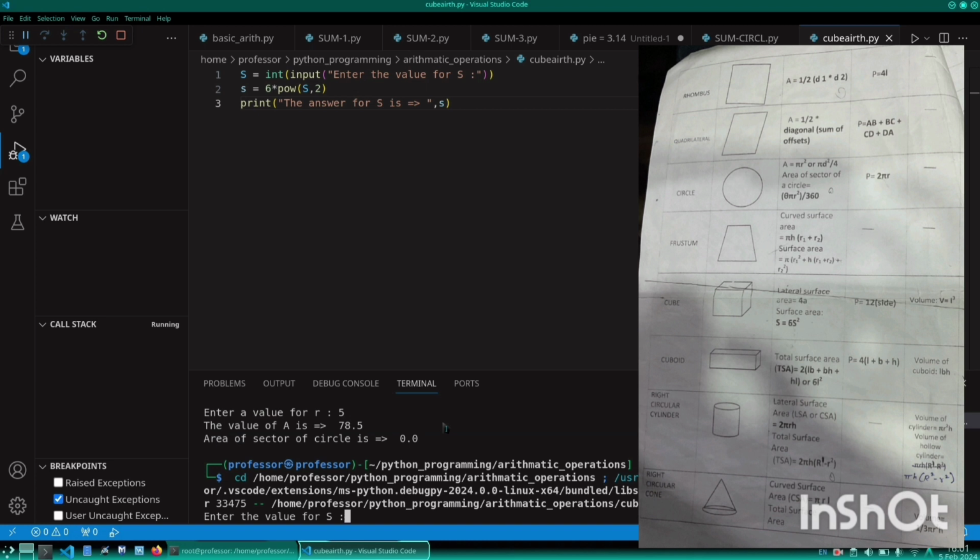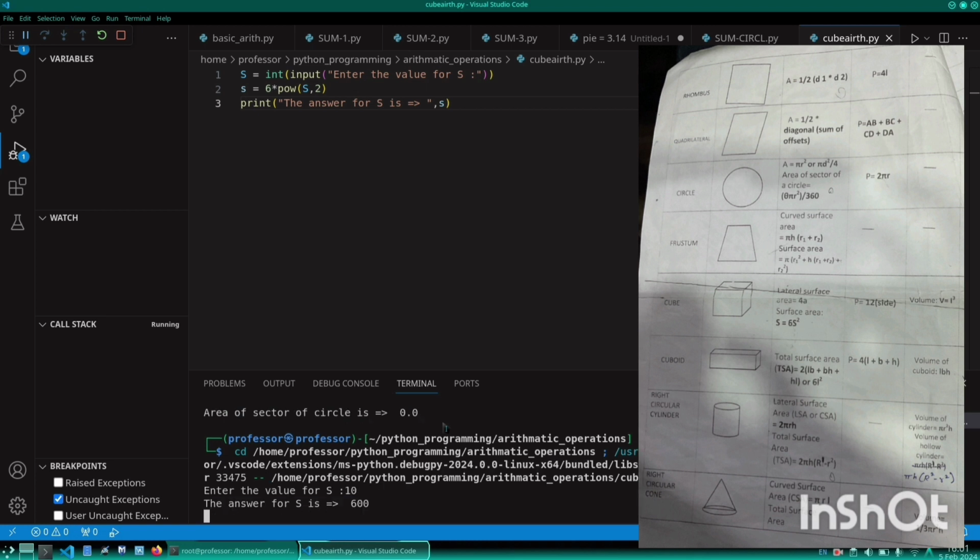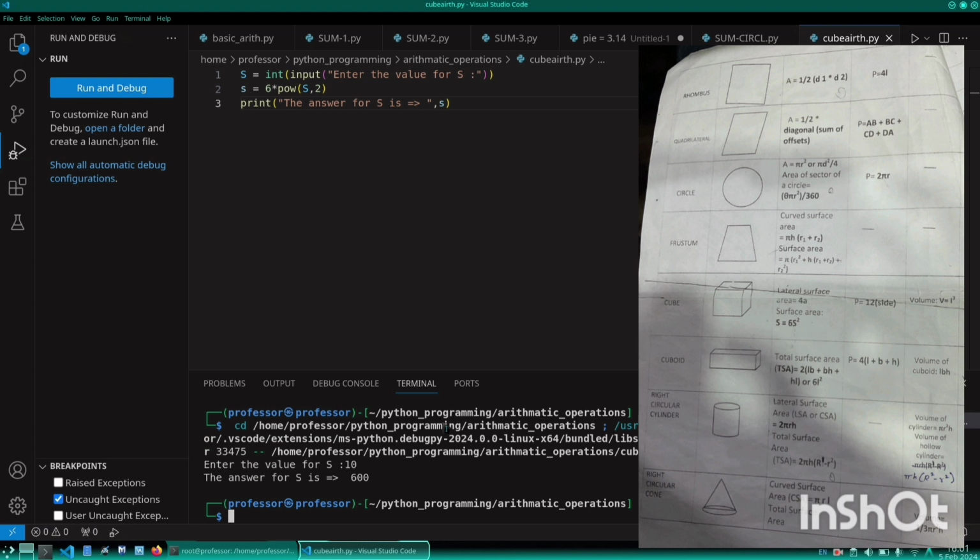So I'm giving the value of s is 10. So the answer is 600. Okay, fine. Now you do the remaining sums and all: right circular cone, right circular cylinder, cuboid, and all it is there. Now let us go for the square root sums, which is